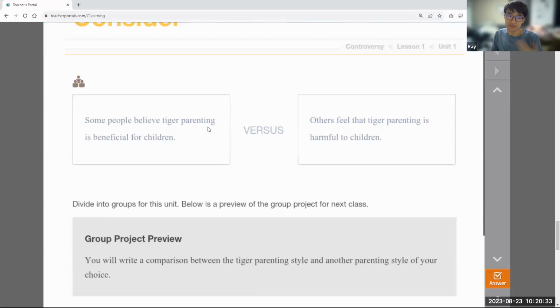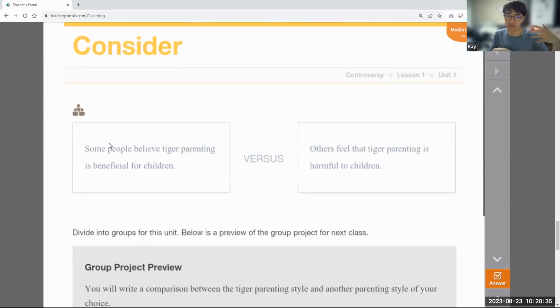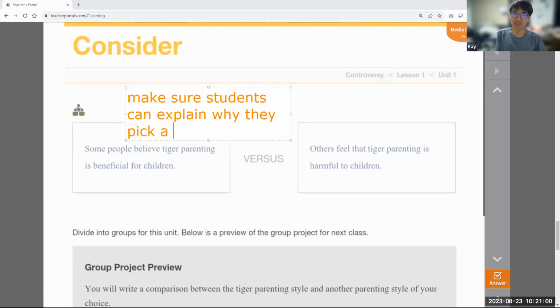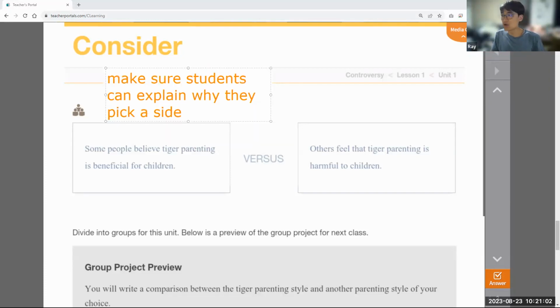And so here we have our two groups: tiger parenting is good, tiger parenting is bad. Here on your tablet, you can have students basically circle the answer, and then you can use the screen capture to show everyone's answer on the screen. One thing you want to do when you do this is make sure students can explain why they pick a side, right? And so again, if this was an example, you don't actually have to answer, by the way, but it'd be like, Andrea,